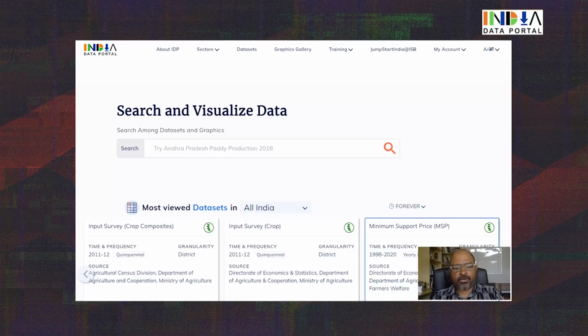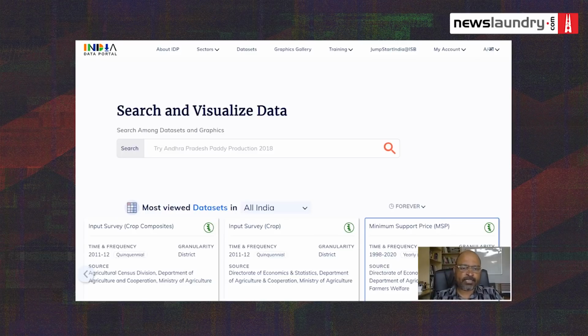So the India Data Portal is now almost 1 year old. It will be a year in January. And it has, of course, a long way to go before we meet our ambition of covering all public data. But we have made rapid progress, and there are several opportunities for journalists, for researchers, for civil society organizations, for activists to use the portal to interact with the data, to visualize the data in the best possible way that works for them, and download it to be used in pamphlets, in reports, in journal articles, in newspaper reports, and so on.